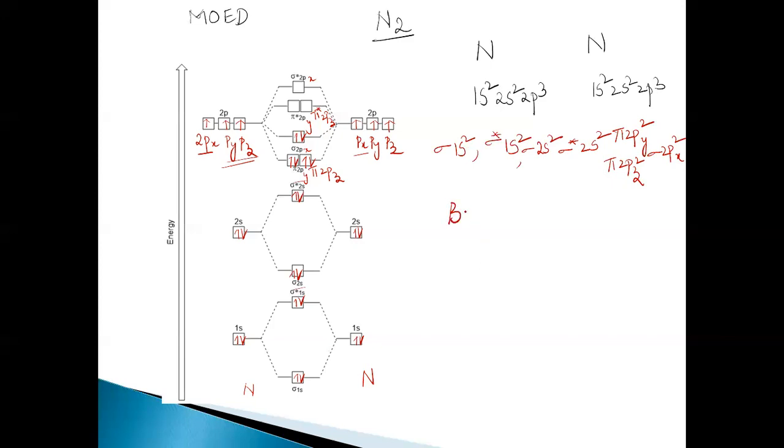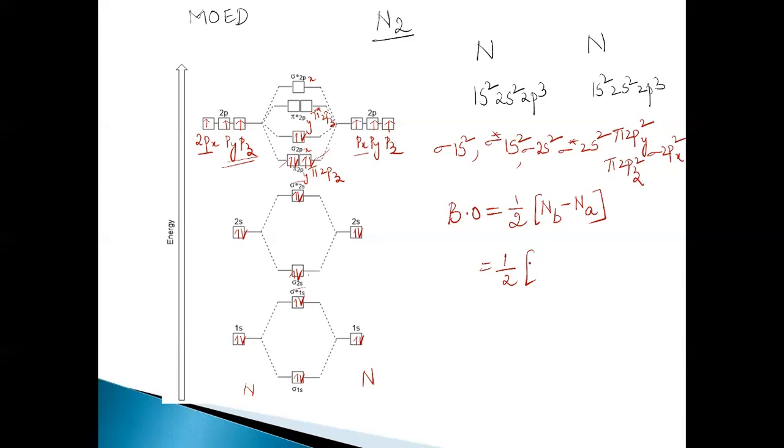All right. When you come to the bond order, what is bond order? The number of covalent bonds between the two combining atoms, right? So what is the formula? Half into the number of electrons in the bonding orbitals minus the number of electrons in the anti-bonding molecular orbitals. So the electrons in the bonding orbitals, all without the star, are 2 plus 2, 4, plus 2, 2, so 8, right?